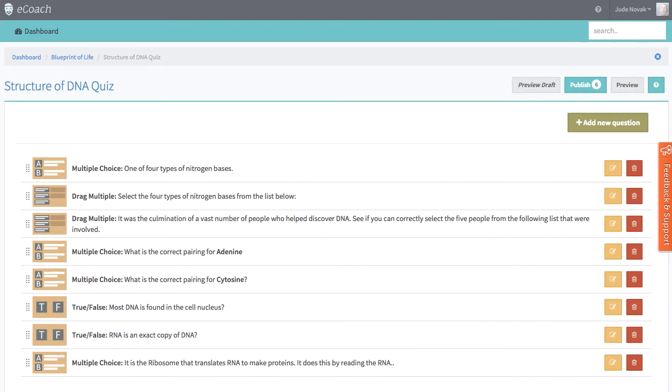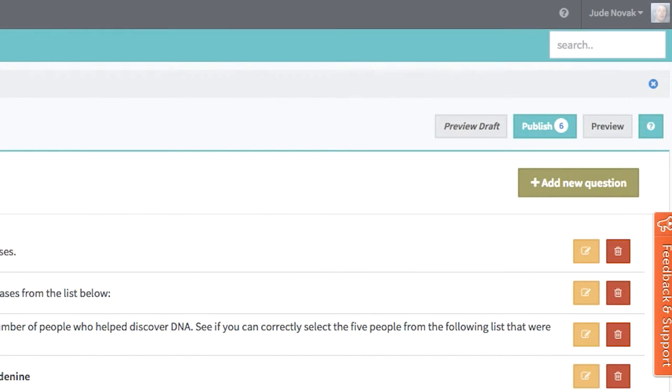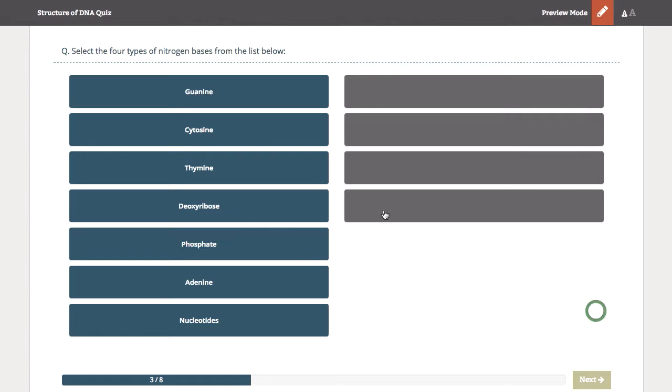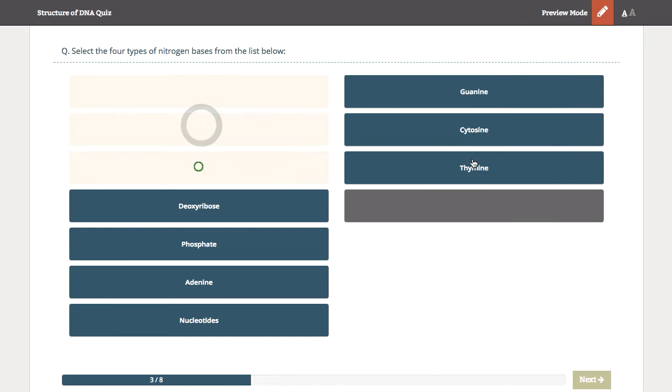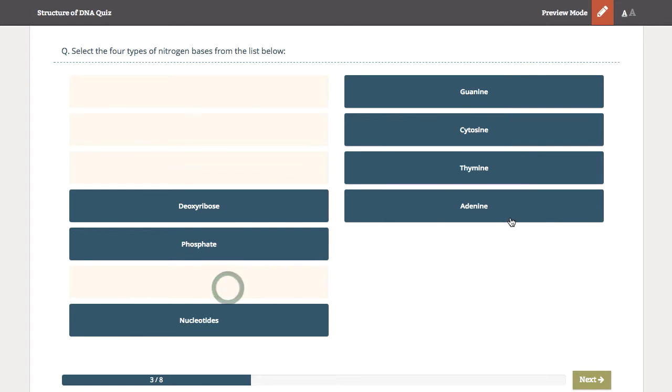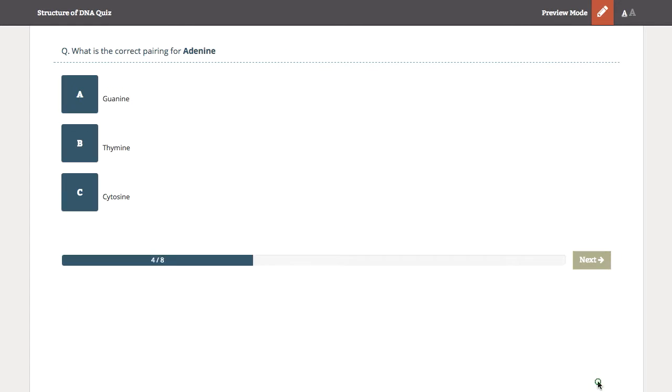You can preview your quiz at any time using the Preview button top right. As you can see in this example, the available answers for each question are displayed in a random order. Shuffling the answers on each attempt ensures that learners can't simply memorize the pattern of each quiz question. You can add as many questions as you like within each quiz, allowing you to build a collection of Q&A